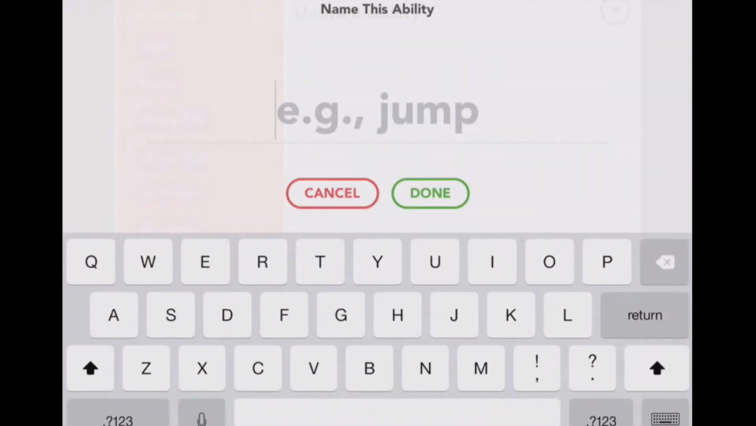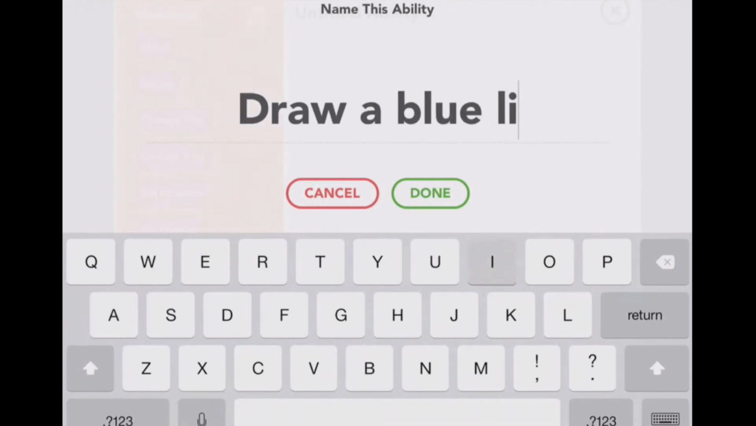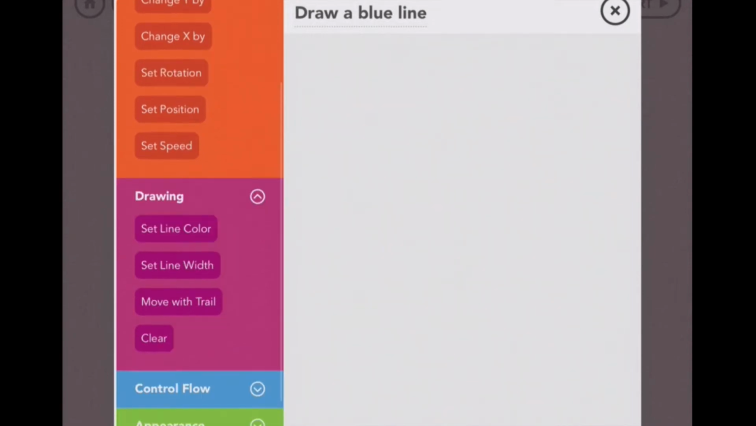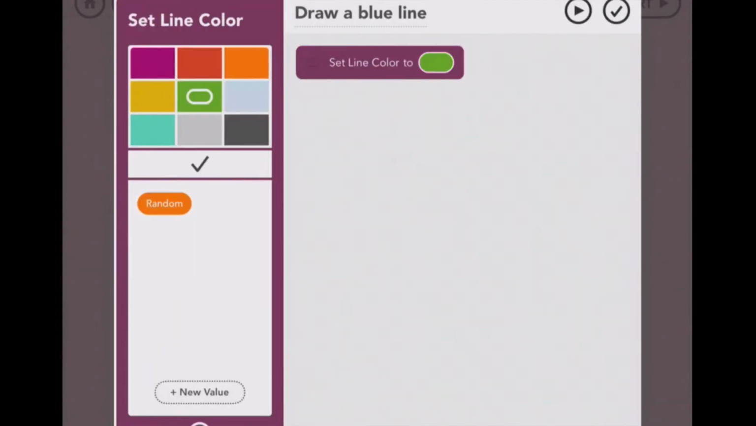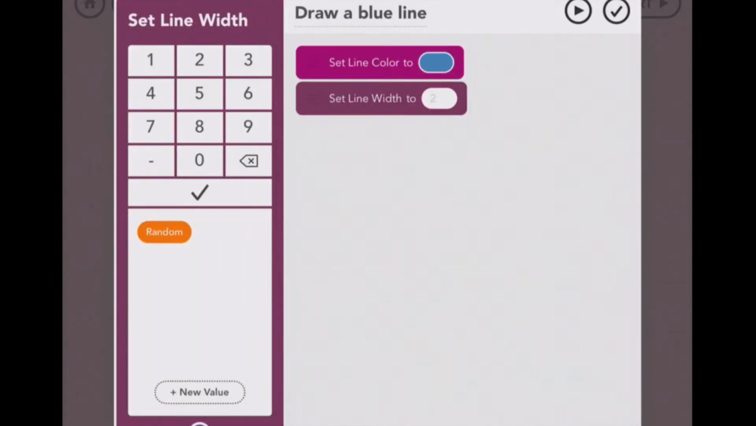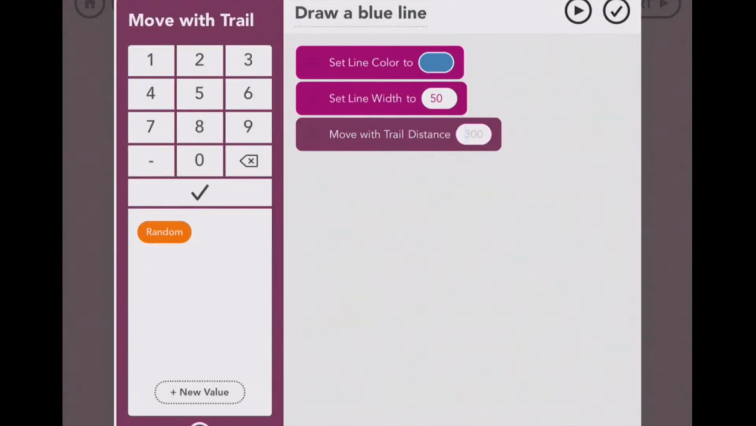So this ability is just going to be really simply to draw a blue line. Now obviously you can be a lot more creative with this in terms of their own name or various other things they can do. But if we take a look on the left hand side, because I'm going to do some drawing, I need the drawing specific commands, and I'm going to choose to set my line color first of all to blue. Just hit the tick. I'm going to set the width, let's just go to 50 this time, and he's going to move with the trail for 500